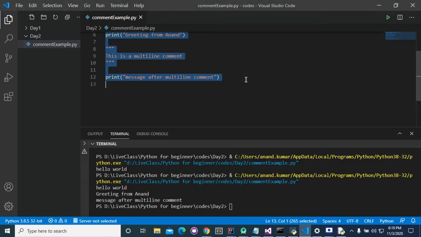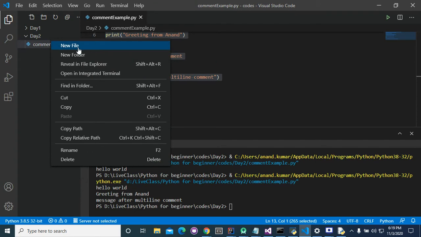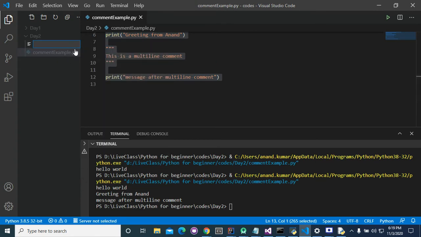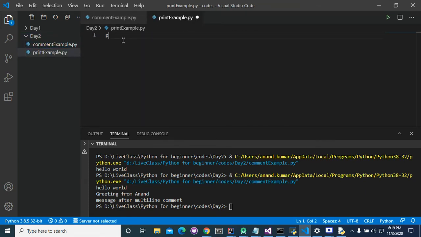Let's see an example here. I am creating a new file here. Let's assume I first wrote this code.